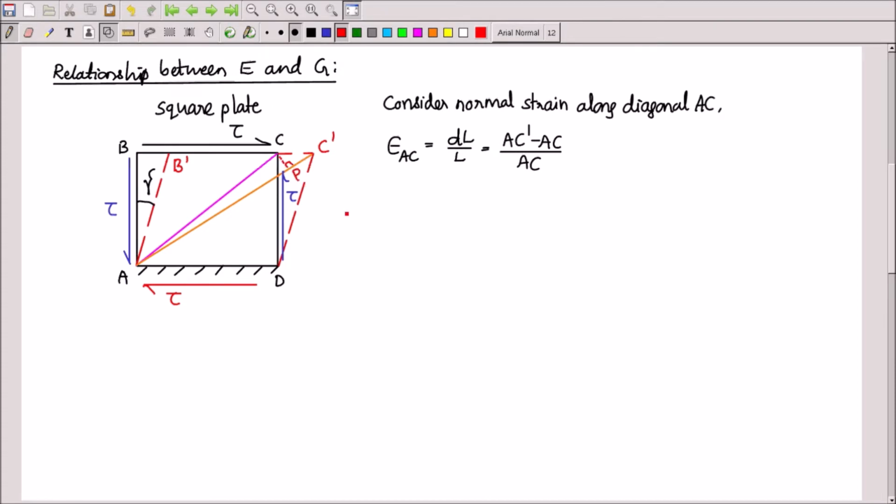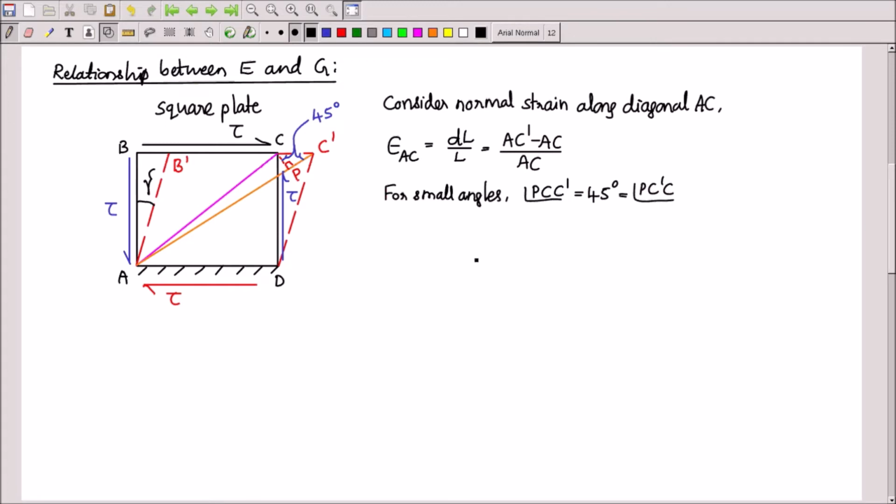Since the deformation is small, this angle and this angle are both equal and they are 45 degree, because when I draw the perpendicular, this angle becomes 90 degree. Though there will be a small difference in the other two angles, since the deformation is small, I can assume that they are almost equal and are 45 degree. For small angles, I can write angle PCC dash is equal to 45 degree, which is equal to angle PC dash C.